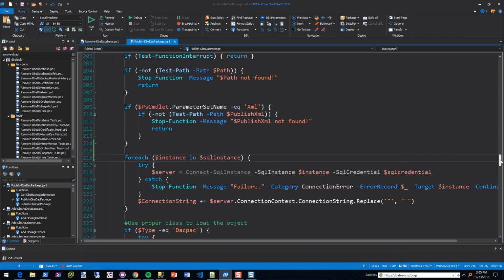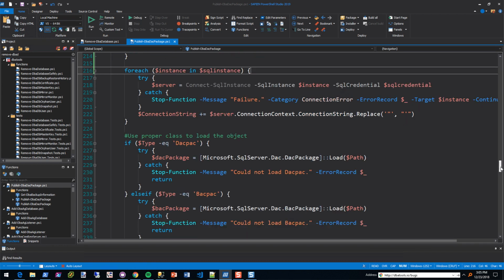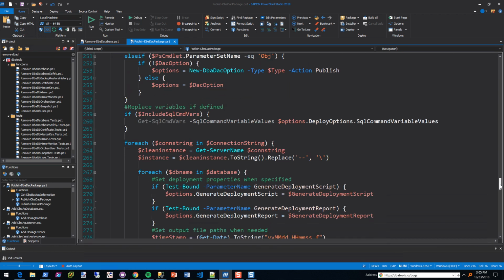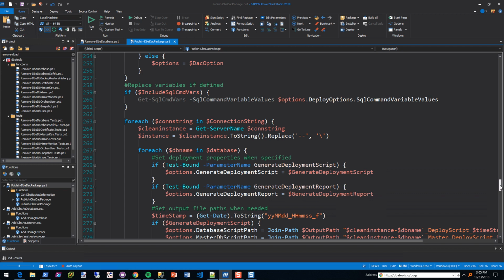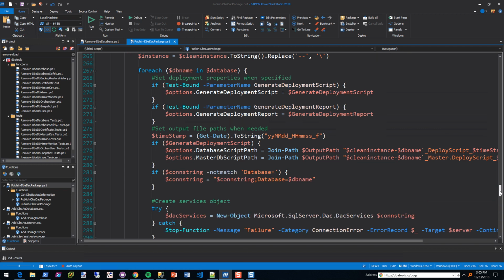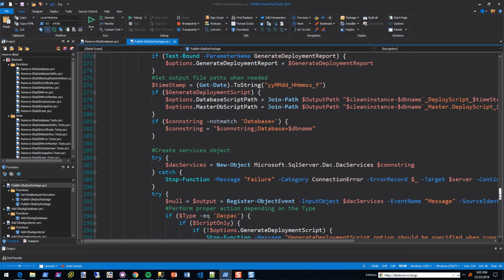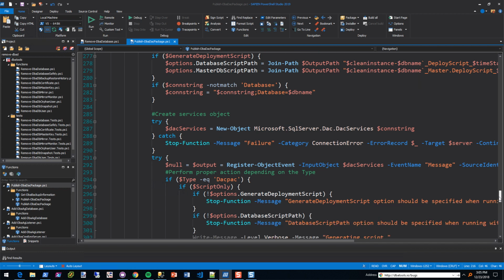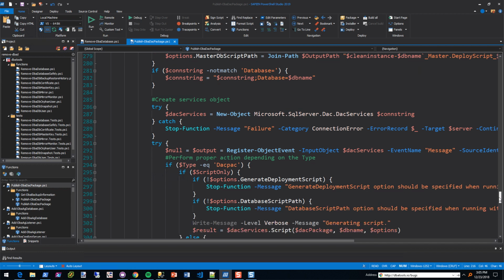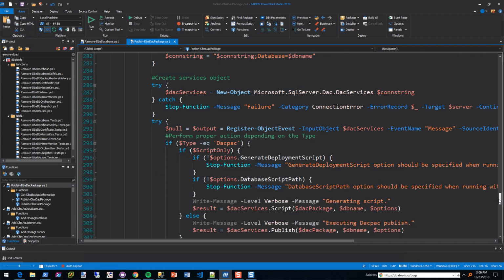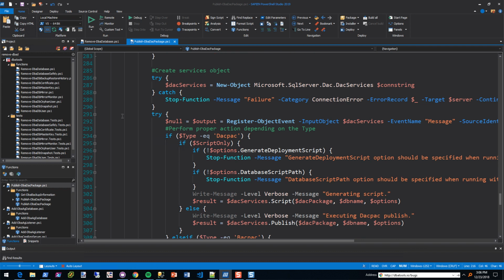So in order to get more detailed, what you do is you let it do as much as it can before actually throwing in that information. So it's doing all this join path. It's actually creating the objects. It is connecting to the remote server, but a connect is a read. No big deal. All right, so what I'm going to do is I see this try, and a lot of